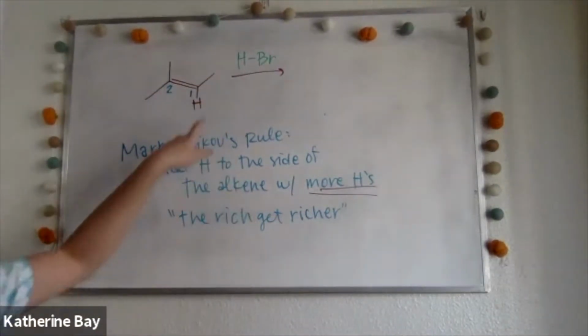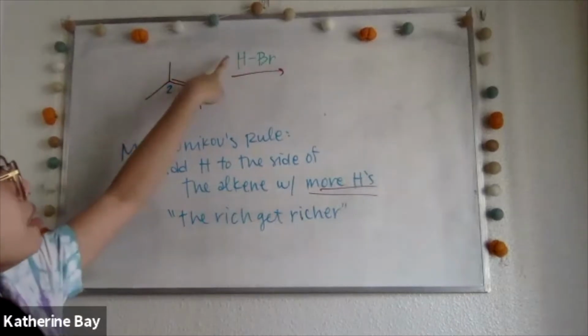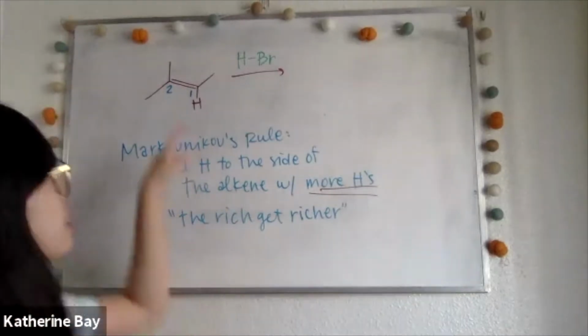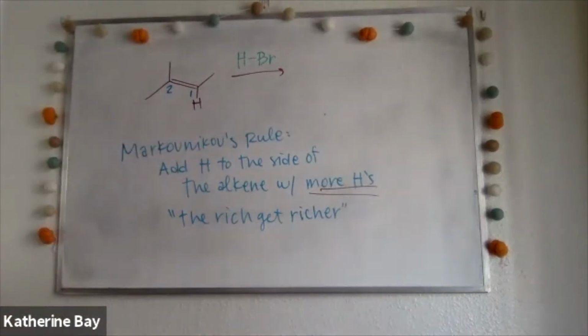That means when we add this hydrogen in green across the pi bond, it's going to want to add to the side of the alkene that already has more hydrogens. So in this case, C1, the rich get richer. So when we draw out our arrows,